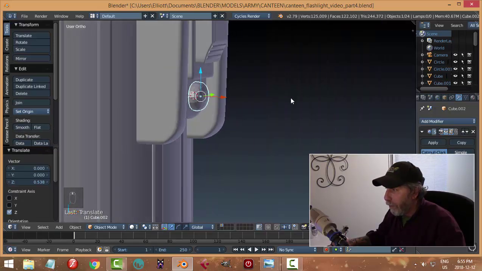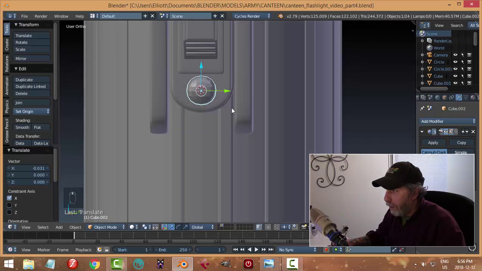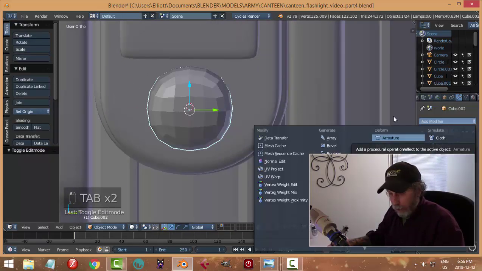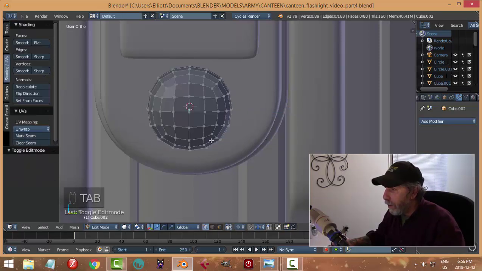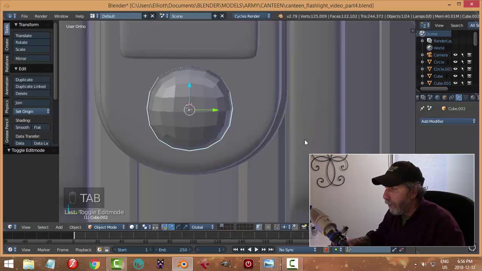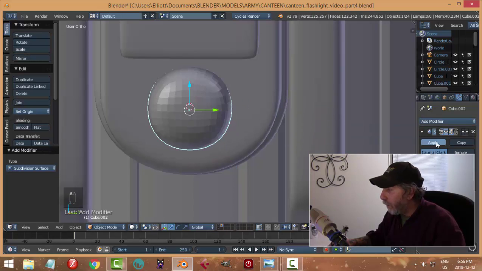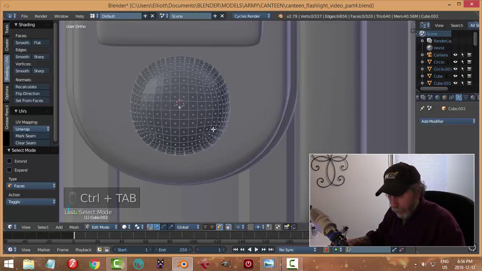Slide it up to about there. I can adjust the size of this and everything later. And now I'll apply that subdivision surface. And let's see how she's looking. Do I have enough to do what I want to do? I think I need more. Let's try one more. I think that's what I want right there. And it's a lot of faces, but